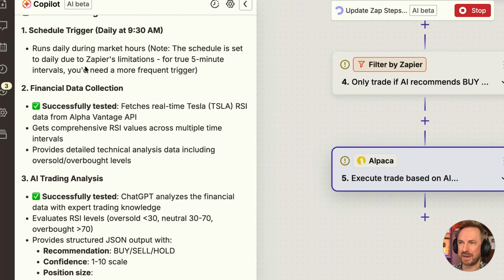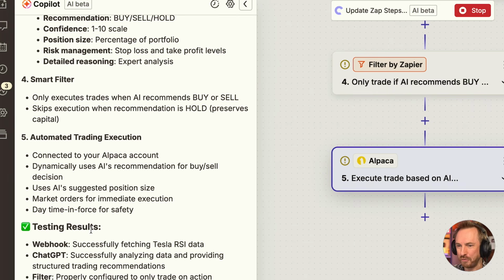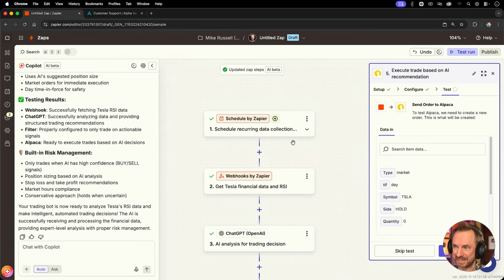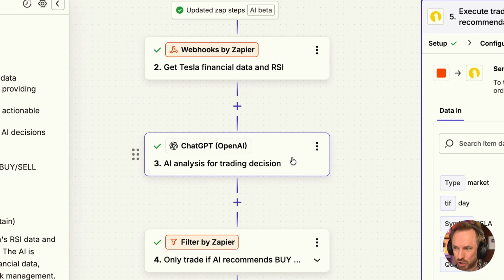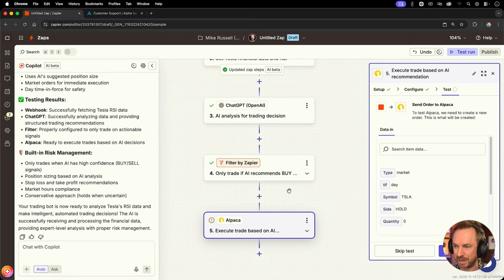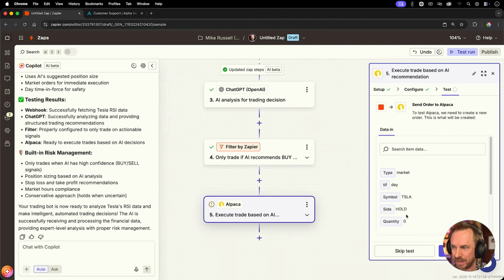And here we can see every day at 9:30, it decides to make a trade or not make a trade, and will hopefully make me lots of money with Tesla stock. As you can see in this case, the Zapier Copilot made it so it will check every day a webhook which gives back the health of Tesla stock. It gets ChatGPT to analyze that stock and make a buy or sell decision, which is then passed on to Alpaca, my API-based trading buddy, which in this case would have held on to Tesla stock.